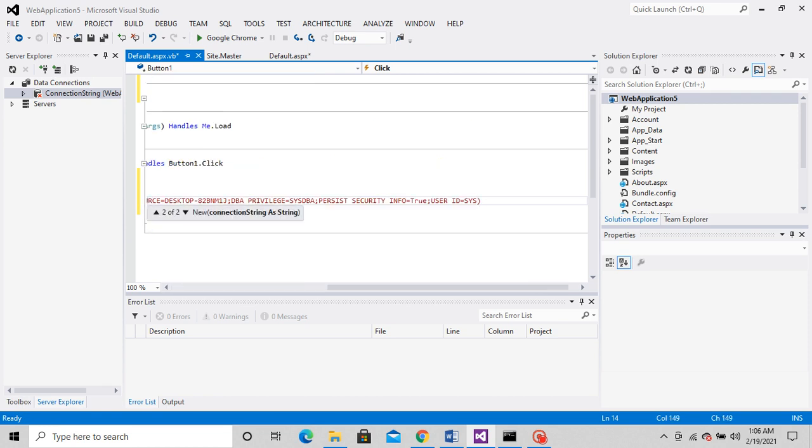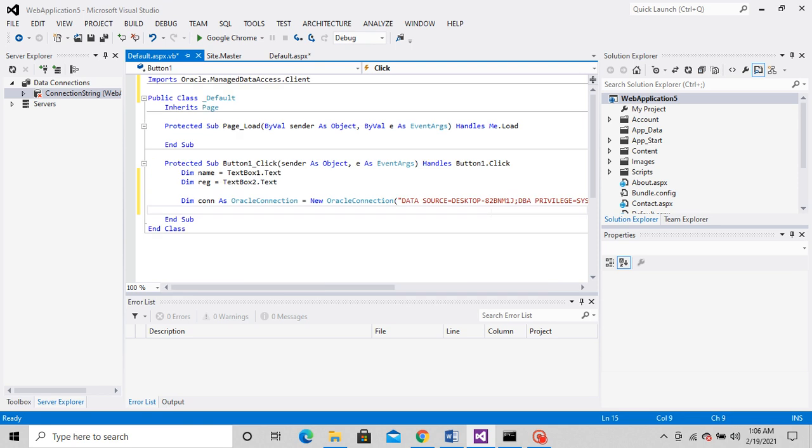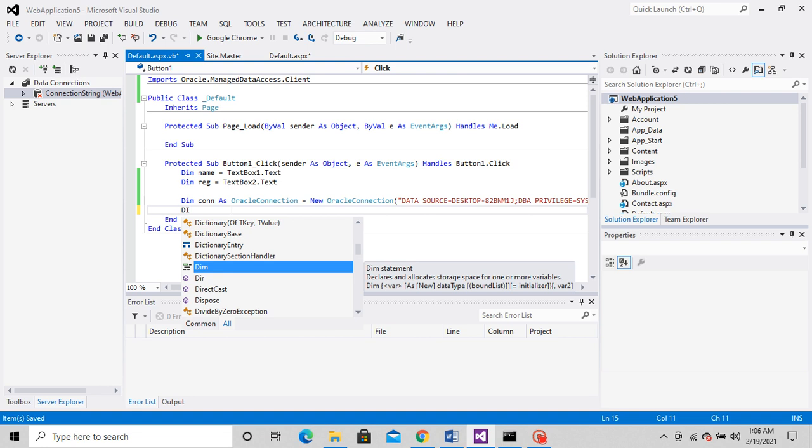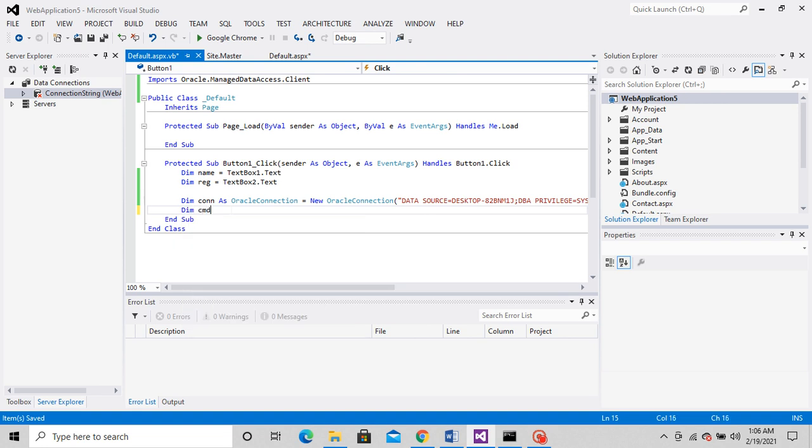First you paste it, after that put a semicolon, write password equal to sys. Students, for me the password is sys. While you are installing Oracle, it will ask you for the username and password. You please use your own corresponding password which you had mentioned during the installation.